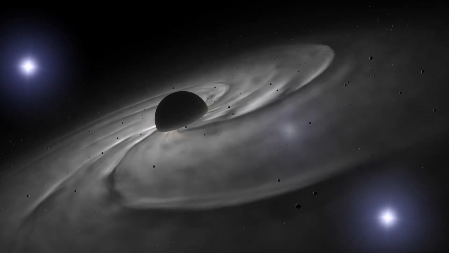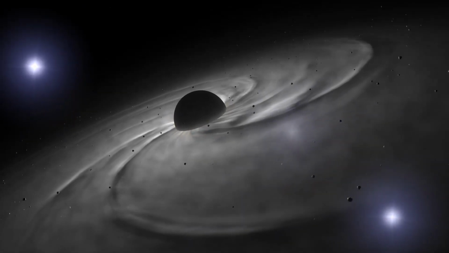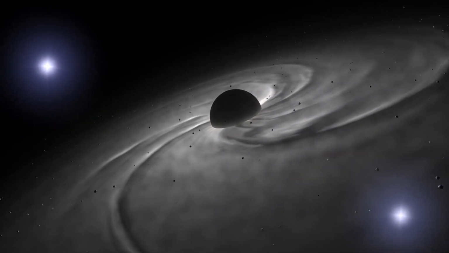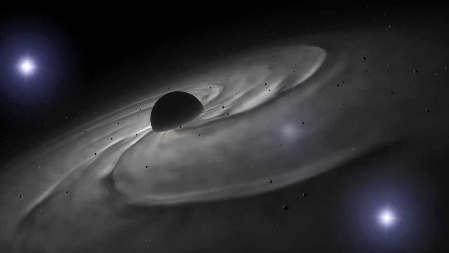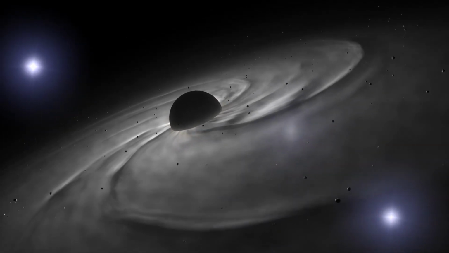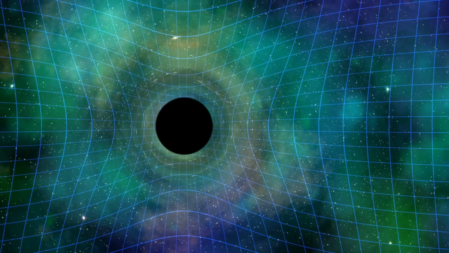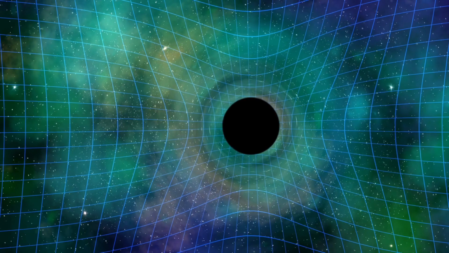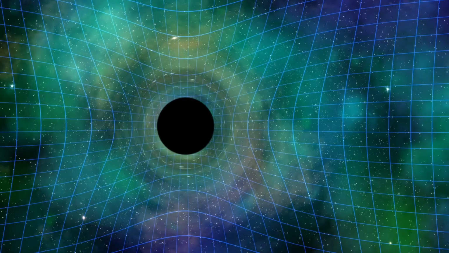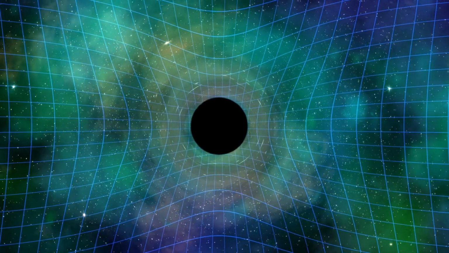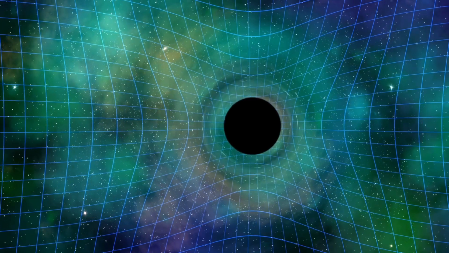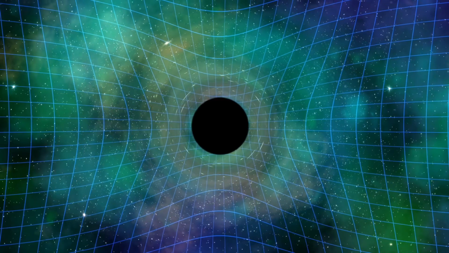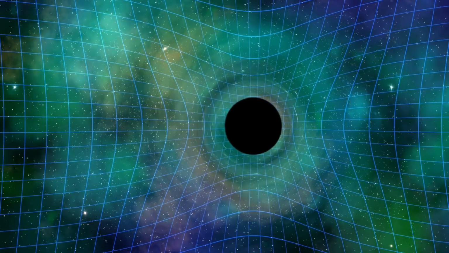Black holes. Imagine a place in space where gravity is so strong that nothing, not even light, can escape from it. That's what a black hole is. A black hole is a region in space where matter has been squeezed into a very small and incredibly dense point. It's like a supermassive vacuum cleaner that sucks in everything around it. When something gets too close to the black hole, it gets pulled in and can never escape.